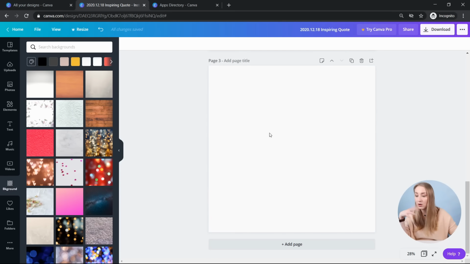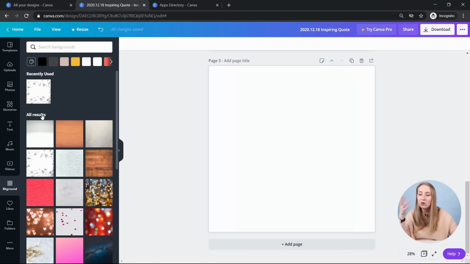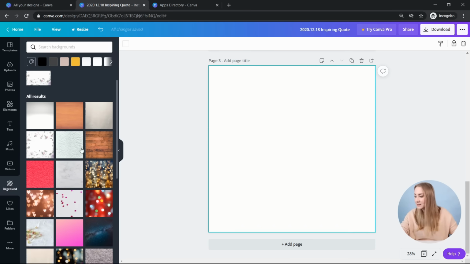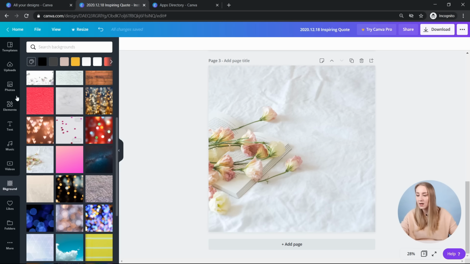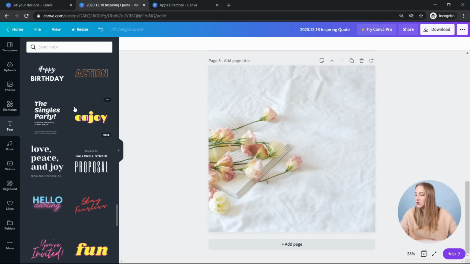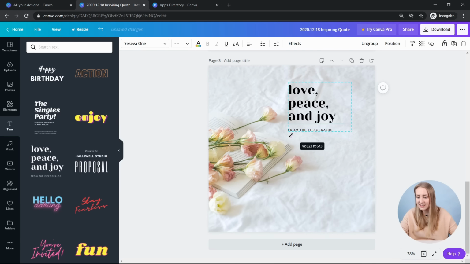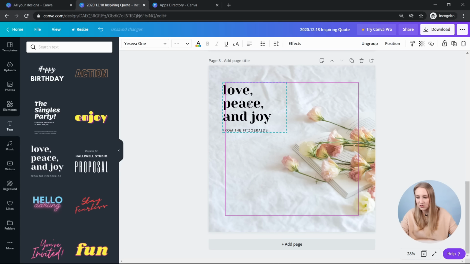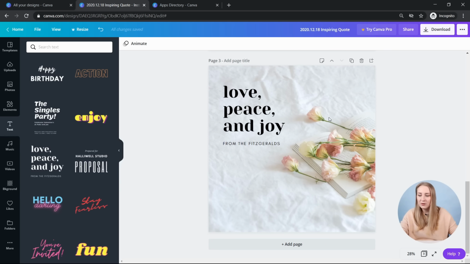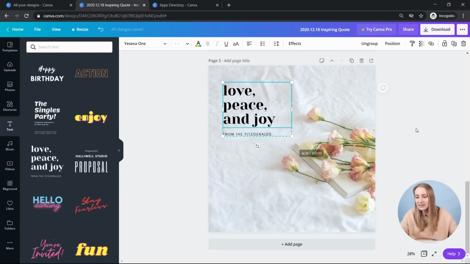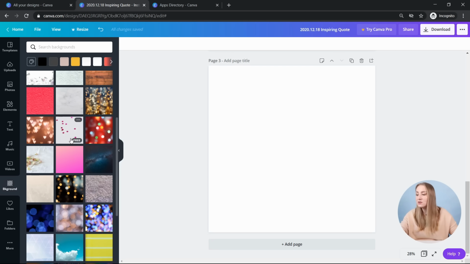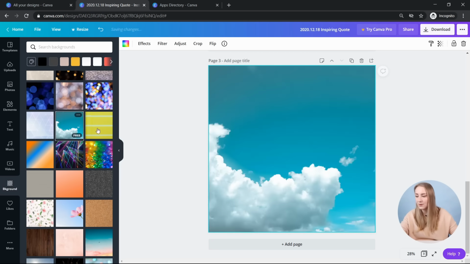So let's create another one. If you're creating a quote or something, Canva offers you different backgrounds as well. Again, this is Pro, but let's say this one. And again, you maybe want to create a quote or something. Let's pick the same one, and you can just have it in here. I'll just flip it in here just to show you. I'll show everything in a moment. You can create different kinds of quotes and different styles, or whatever you may need the background for. Just know that Canva offers a ton of different ones.